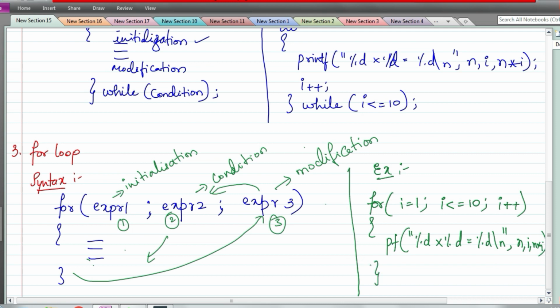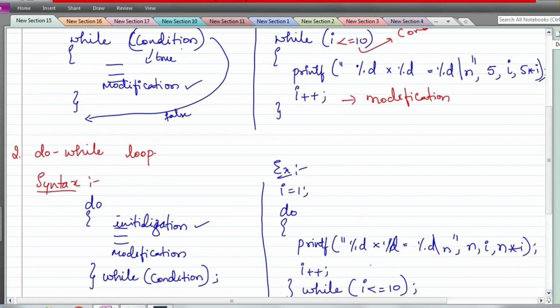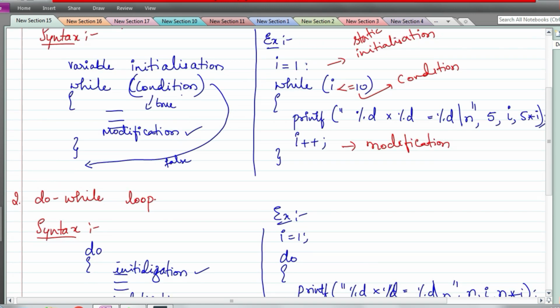Okay, so here this for loop is a compact version of while loop. Why? Because see, here we had this initialization part, right?